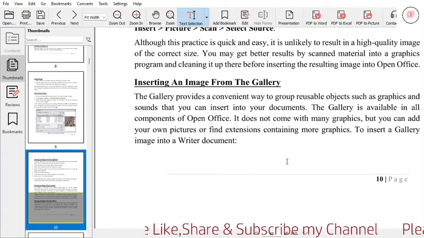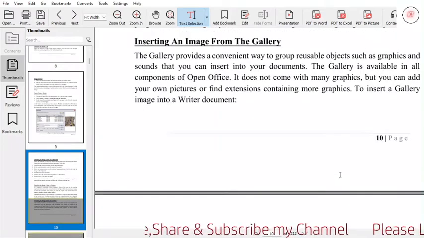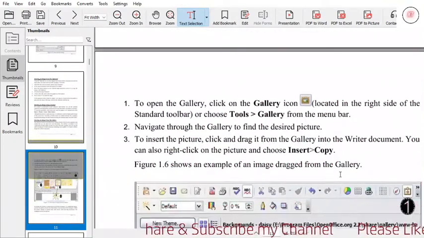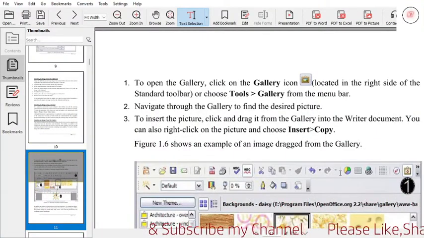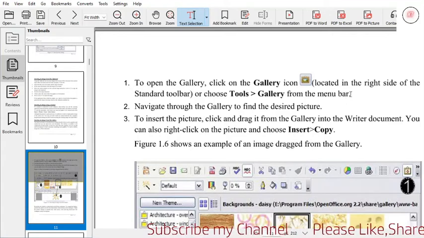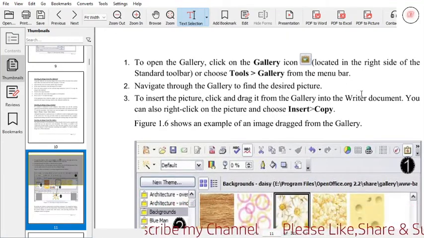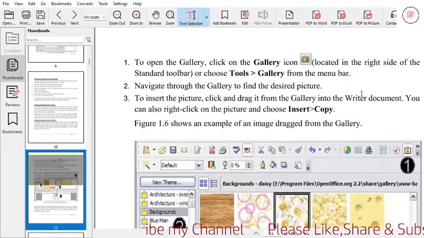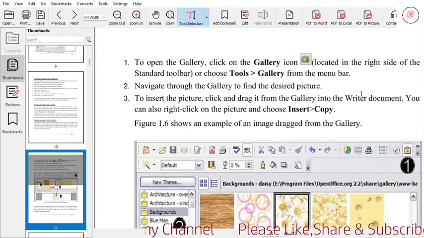To insert a gallery image into the Writer document, open the gallery by clicking on the Gallery icon located at the right side of the standard toolbar, or choose Tools, Gallery from the menu bar.